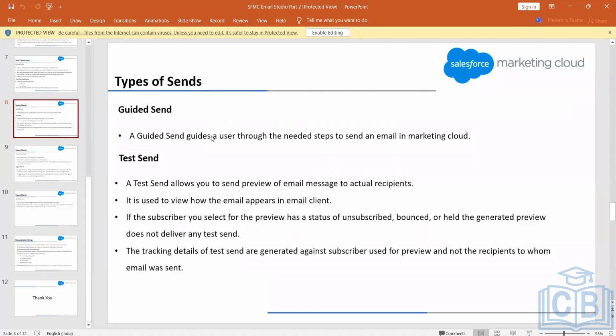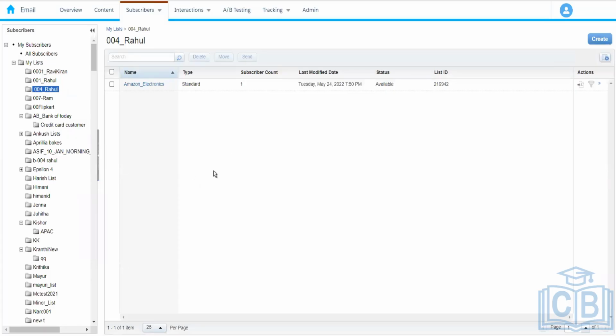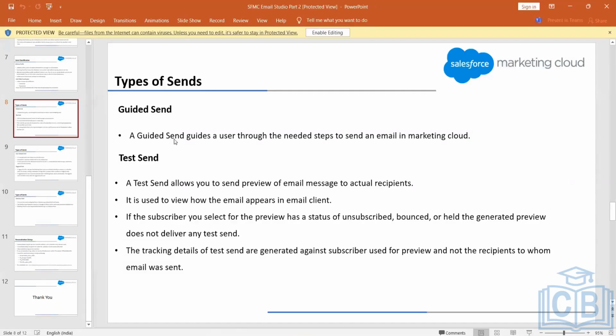First of all, we have the gallery send, but I think the account got updated to the latest version. You won't be able to see the gallery send anymore. In the previous version, we had this gallery send. The functionality remains the same. Now it has been replaced by send flow. Now what does this do? It is used for the single send and, as the name says, it is going to guide us. Whenever we click on this,